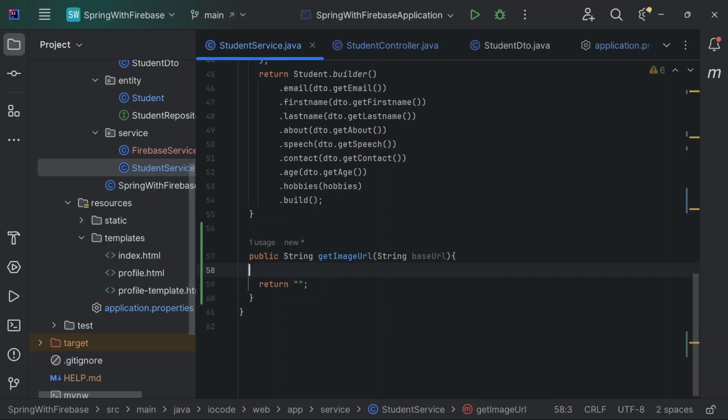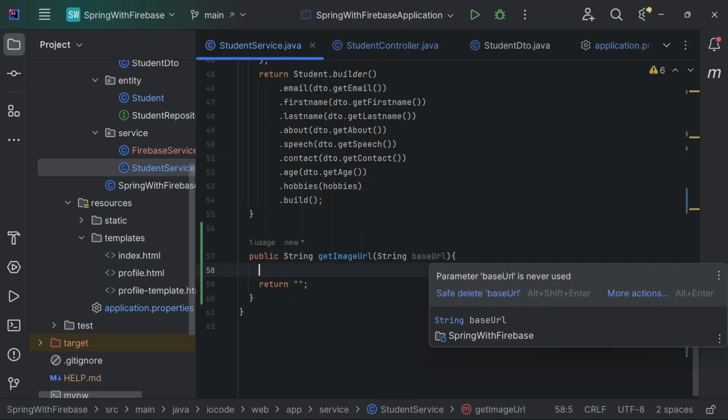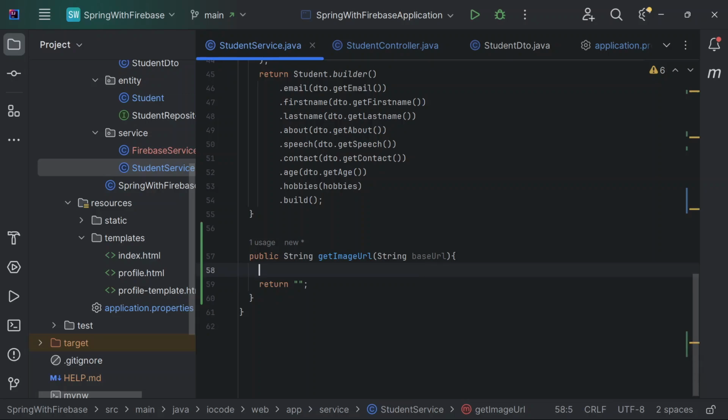We want to make use of the HTTP client instance to send a request to this particular base URL endpoint, getting the JSON file, and from the JSON file we are going to get our download tokens so that we'll be able to access every image URL that is being stored in the bucket. So now we are going to say HTTP client is equal to new HTTP client again, dot new HTTP client,